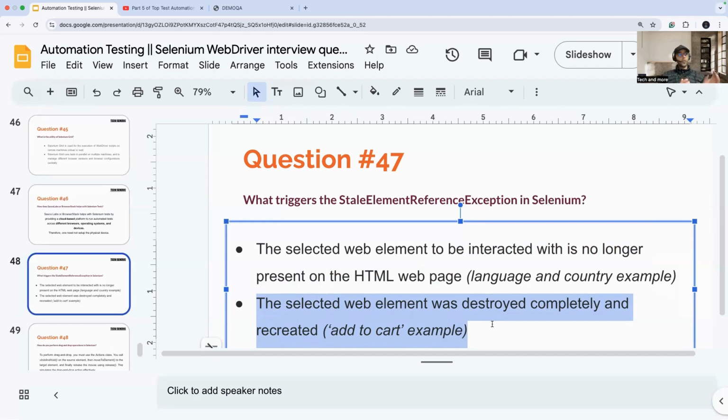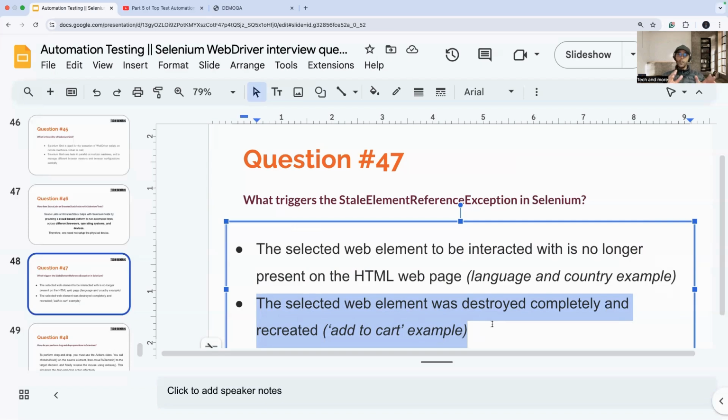As an example, you go to Amazon.com, you add a product, and then you go to add to cart, right? But somehow that product was removed from the inventory by the vendor, right? And now you run your test case. So ideally, it will see that the element is present on the DOM, but it is not able to access it because it is removed from somewhere else, right? That is when you will again be triggered with the stale element reference exception, right? So these are some pointers. All in all, stale element reference exception is thrown whenever that particular element which was present earlier is now not available on the DOM.